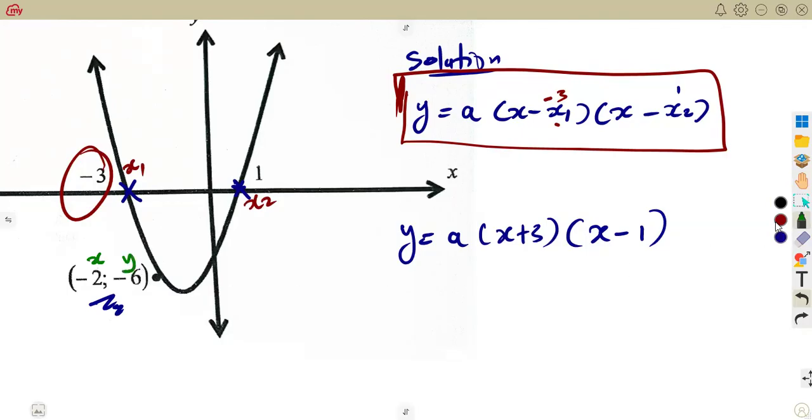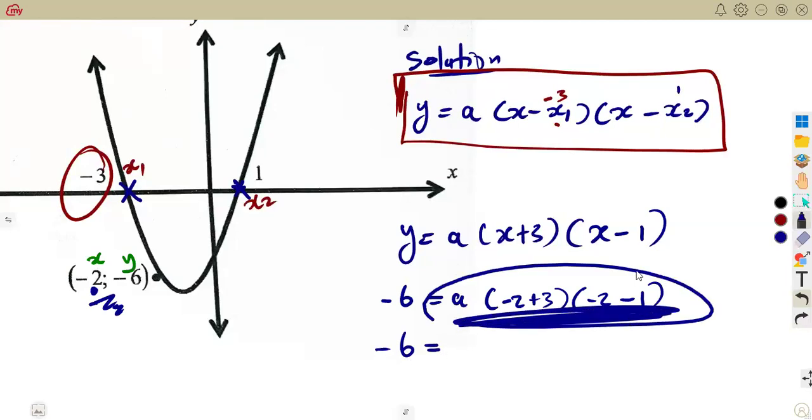What is our x value? What is the y value? So in this case, y is -6. So in place of y, we put -6 is equal to a into (x + 3)(x - 1). In place of x, every part where you see x, you substitute -2. So that's (-2 + 3) and (-2 - 1). So that is -6 is equal to